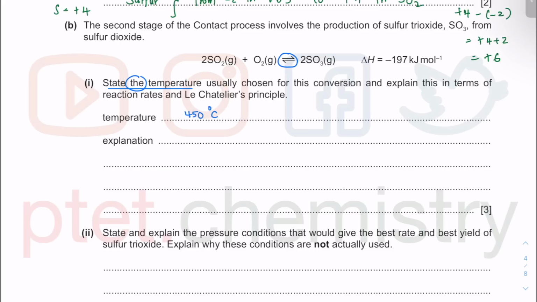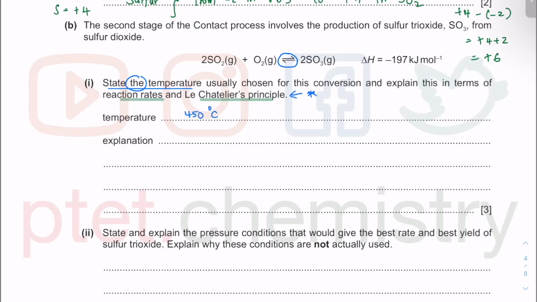Now explain this in terms of reaction rate and also Le Chatelier principle. Le Chatelier principle basically says that when a system is in equilibrium and you introduce a change to the system, the equilibrium will try to oppose the change in order to go back to equilibrium. So it's basically like push and pull. It's like homeostasis in biology. It's basically yin and yang, just like in physics, forces, push and pull, reaction and action